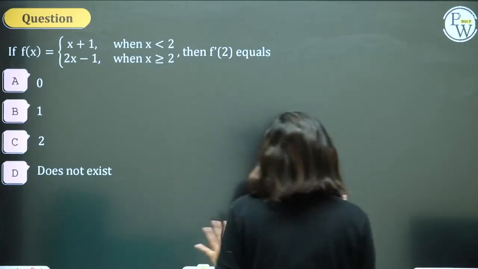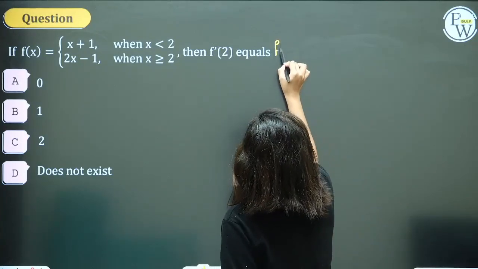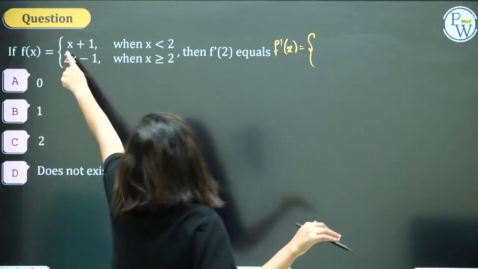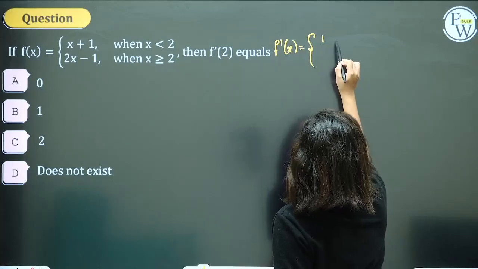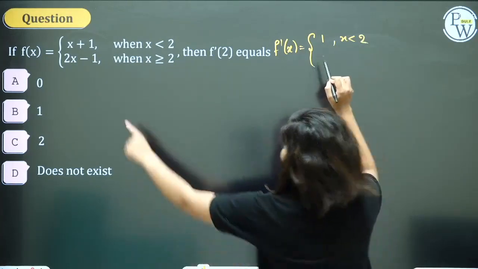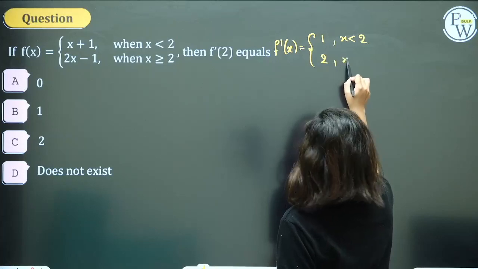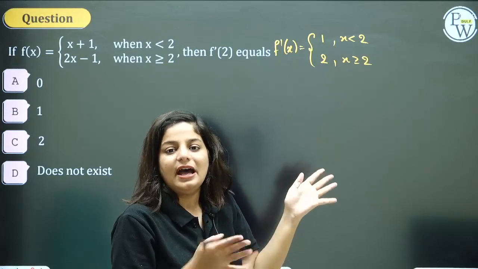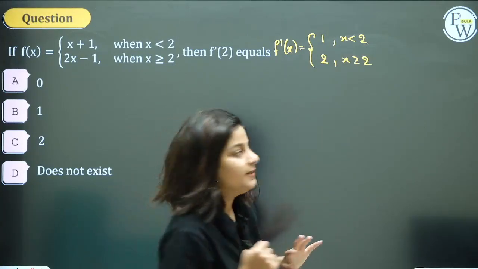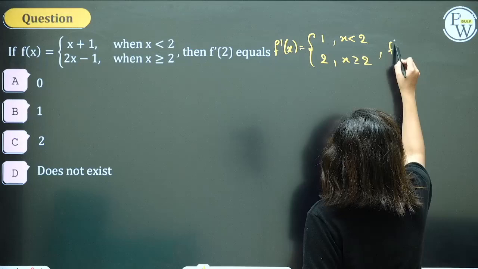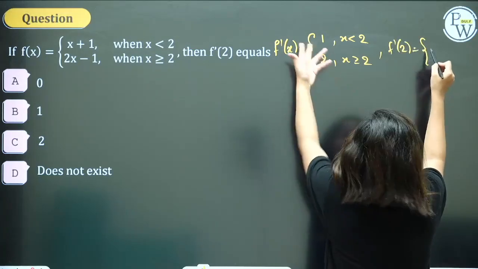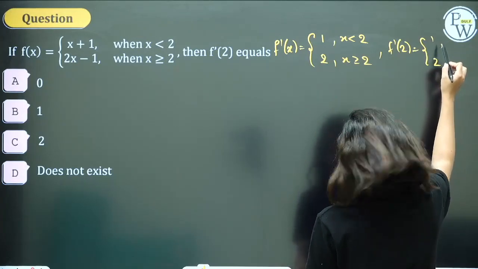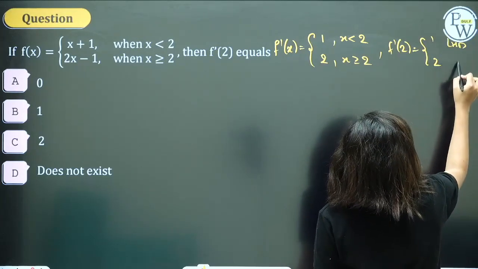First of all, let's do by the shortcut way, because yes, f dash of x. Let's first differentiate by using the formulas. Derivative of x plus 1 will be 1 when x is less than 2. And derivative of 2x minus 1 will be 2 when x is greater than equal to 2. Guys, x less than 2 means 2 से छोटा LHD, 2 से बड़ा RHD. Putting x as 2, it actually doesn't change. So this is nothing but essentially your LHD and RHD.